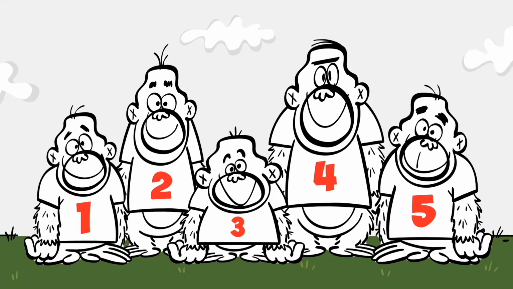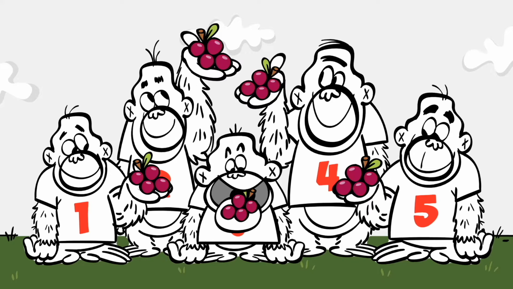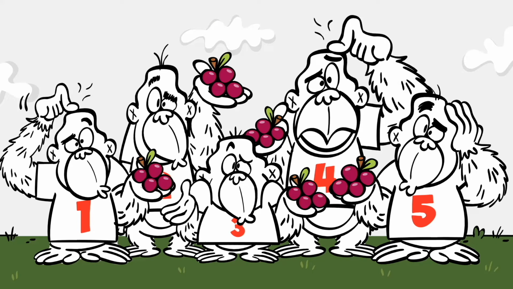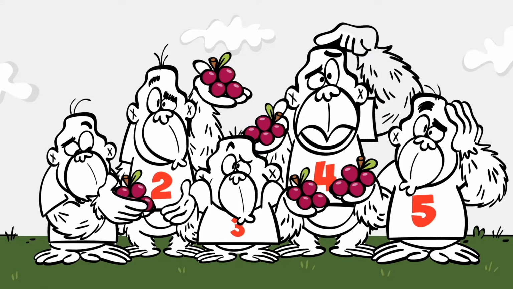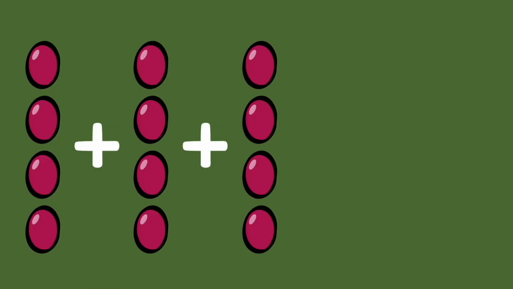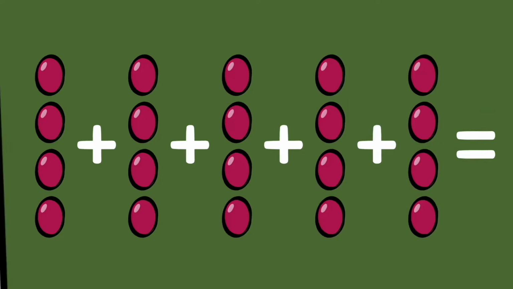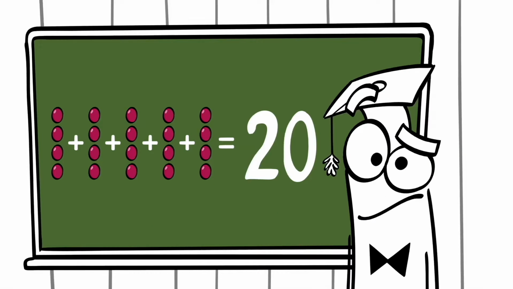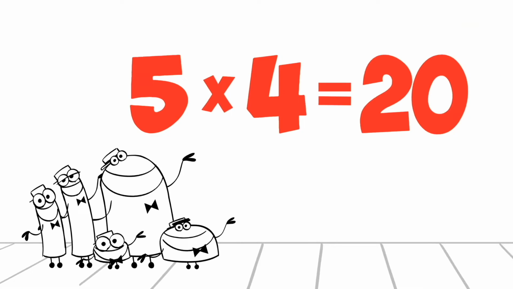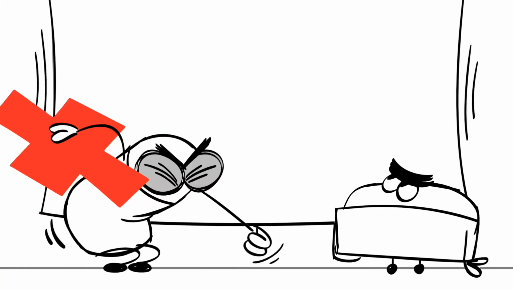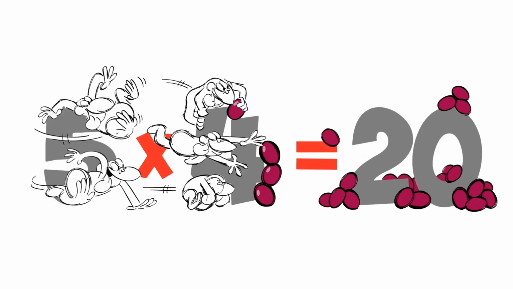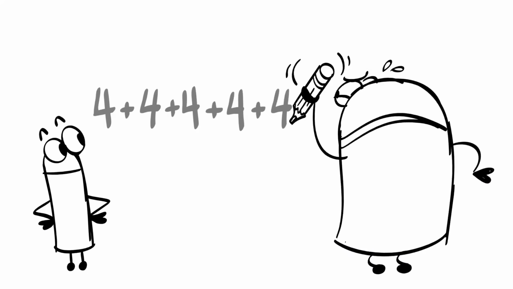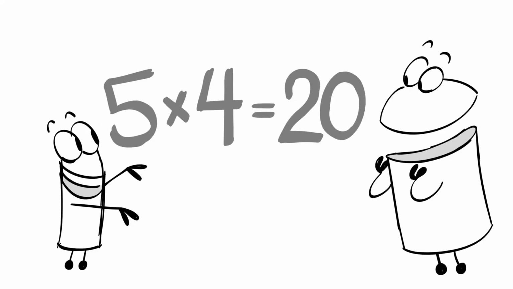When you see 5 happy apes and each one has 4 yummy grapes, how can you tell how many grapes there are in all? You can add up 4 plus 4 plus 4 plus 4 plus 4 like so. The sum is 20 grapes, but there's another way to go. You can use multiplication, it's a different way to add. What a handy calculation, when you learn it you'll be glad. And so it's 5 times 4, you still get 20. Instead of adding repeatedly, you multiply.